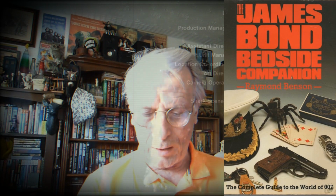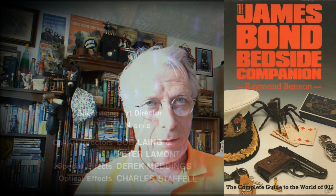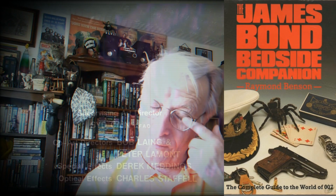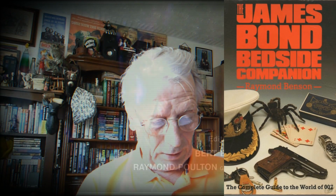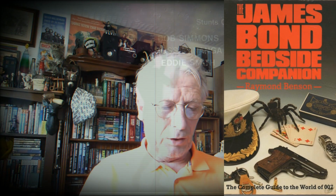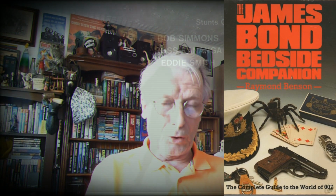So then the next section of the book is the novels, which gives a complete and very, very detailed and very well observed review of each of Fleming's novels. I'm trying to get the end here. Yes, so at the end, after the posthumously published The Living Daylights, Benson moves on to look at the non-Fleming novels. So in other words, the James Bond continuation novels, and he starts with the first one, Colonel's Son, which was